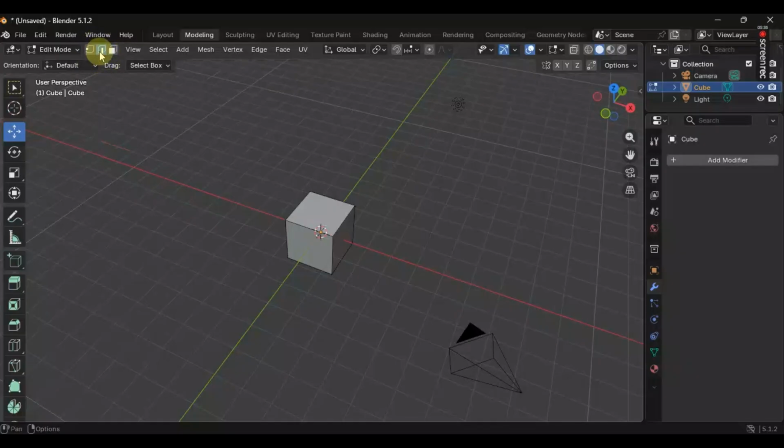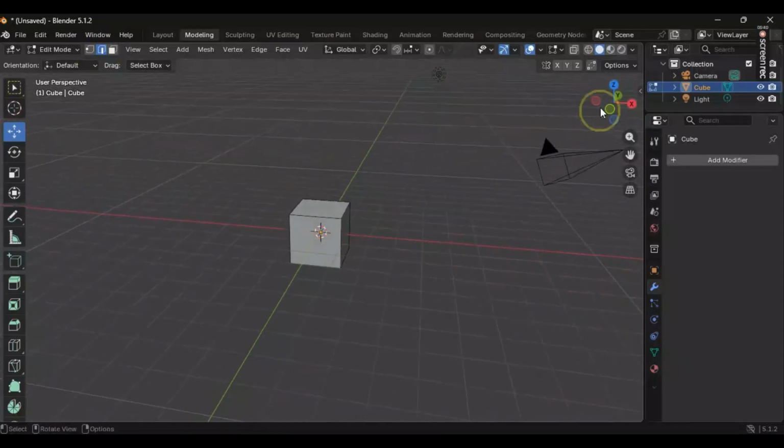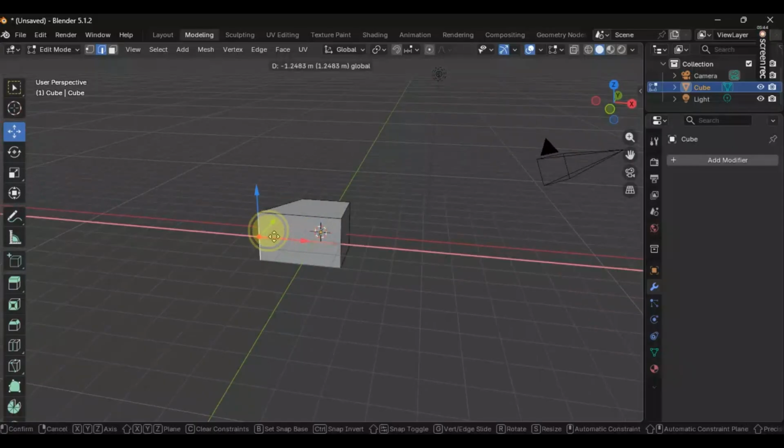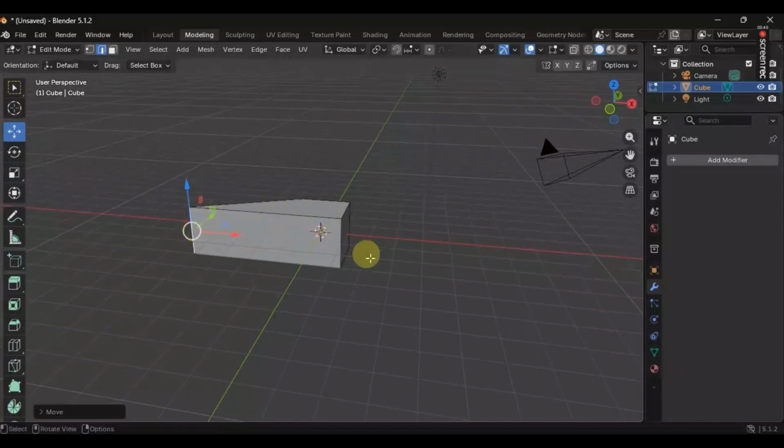This to control the light. For example, this light. Okay, and what's the last thing? It's to control the